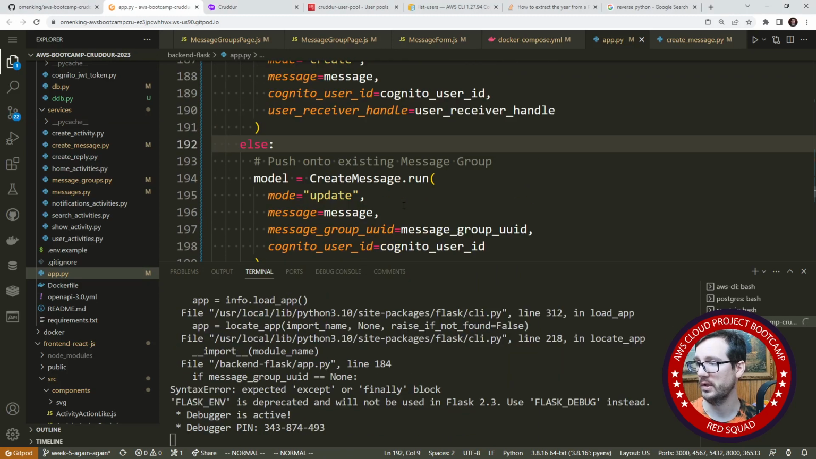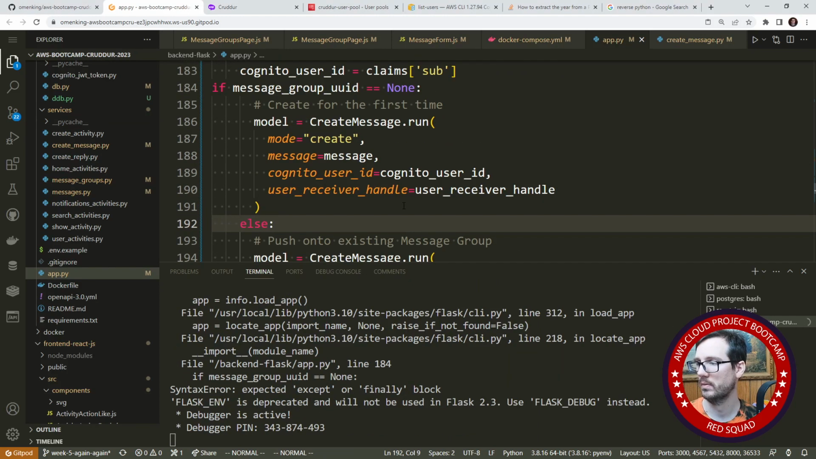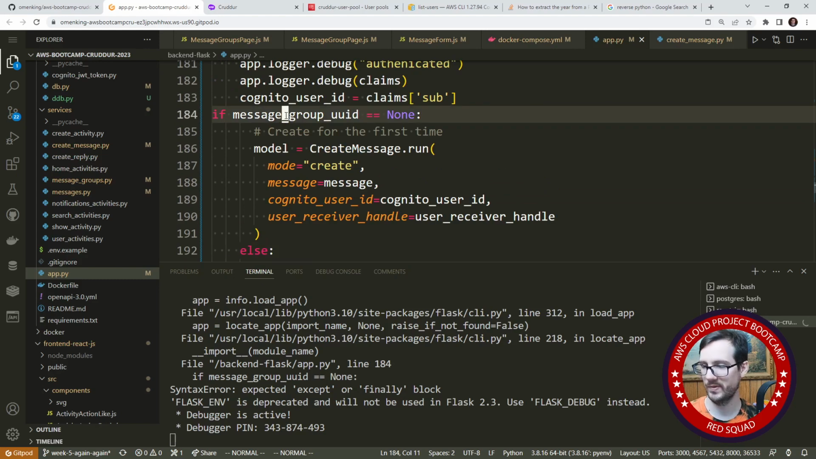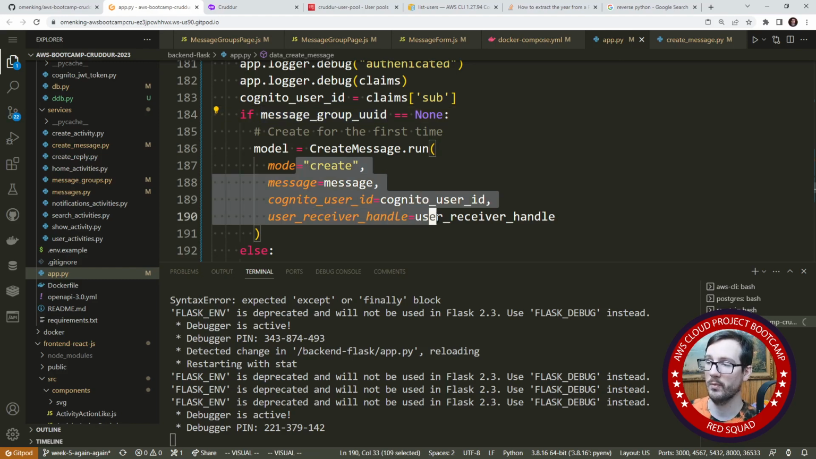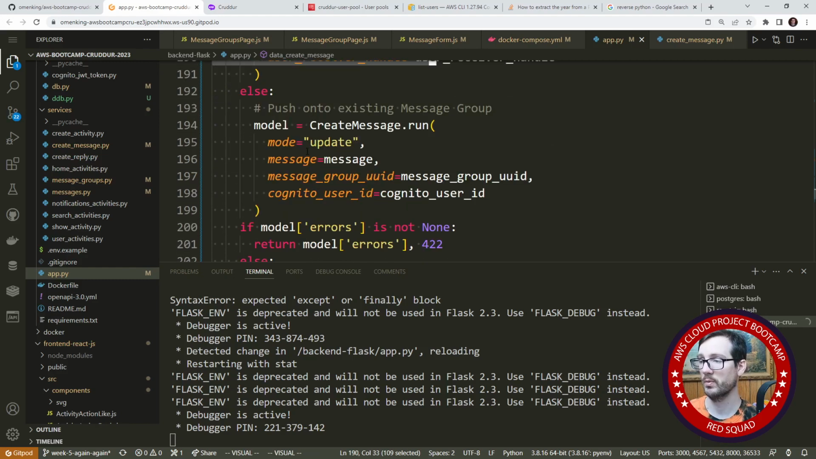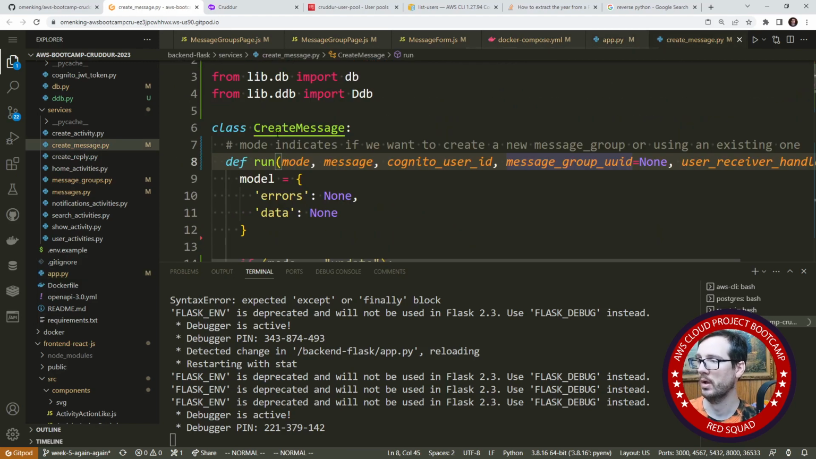And one key difference here is the fact that, whoops, our indentation messed up there on the paste. But the idea is that if the message group UID is none, then we want to explicitly say that we're going to do a create, else we're going to want to do an update. So that we added this extra one just to make that very explicit when we are talking about the action